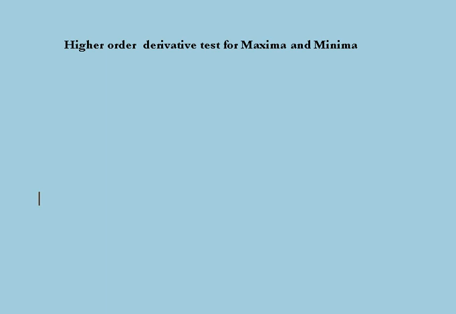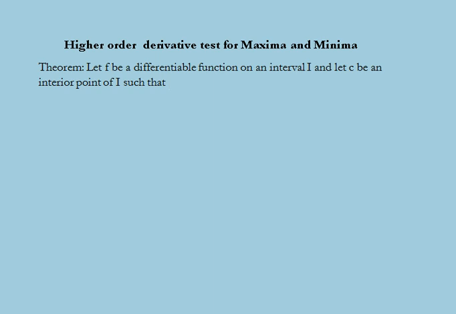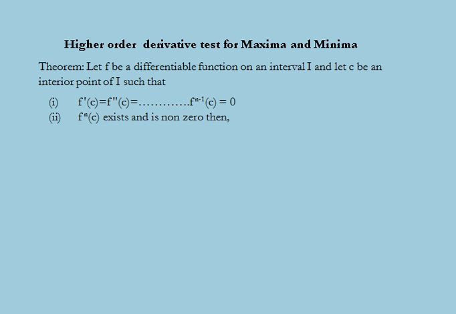For this, let f be a differentiable function on an interval I and let c be an interior point of I such that the derivative of function f at point c is equal to the double derivative of the function at point c, which is equal to the (n minus 1)th derivative of function f at point c, which is equal to 0, and the nth derivative f^n at c exists and is non-zero,